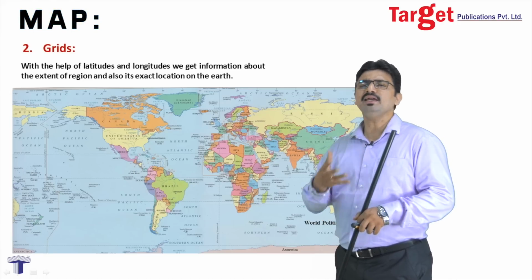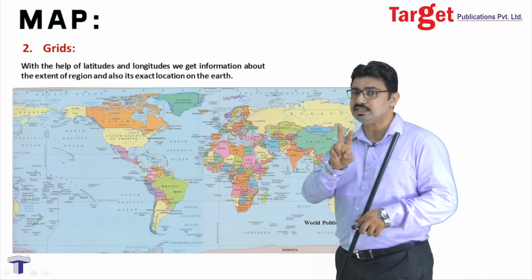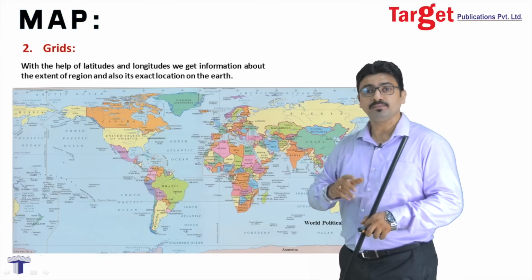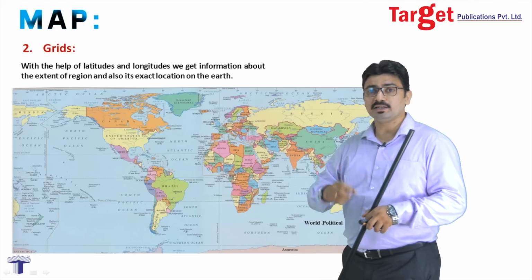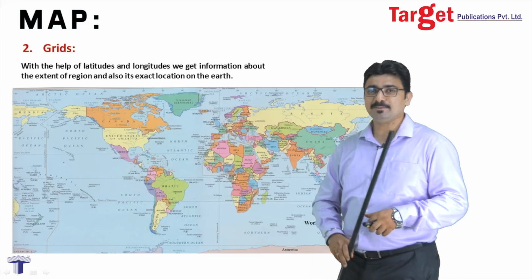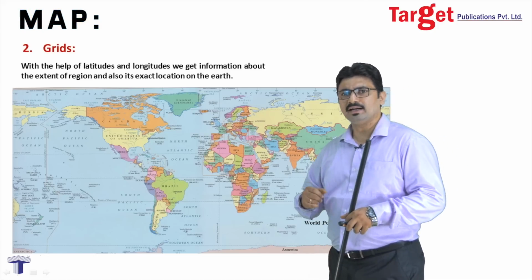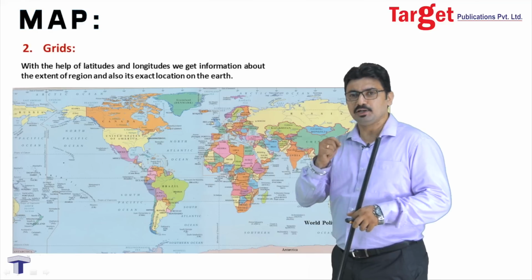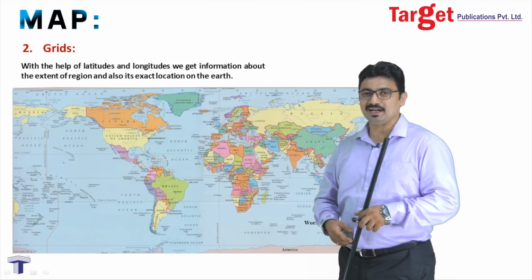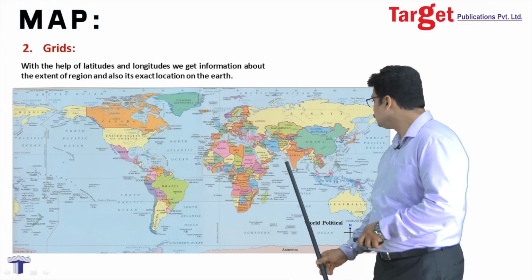So, see, it becomes very clear to us that this continent lies in the northern, southern as well as eastern and western hemispheres. How easy it is to understand the location of a particular continent or country with the help of these grids of latitudes and longitudes. Why not let us also understand the latitudes and longitudes of our country, India? Let us see. Now, where do we find India in this world map?